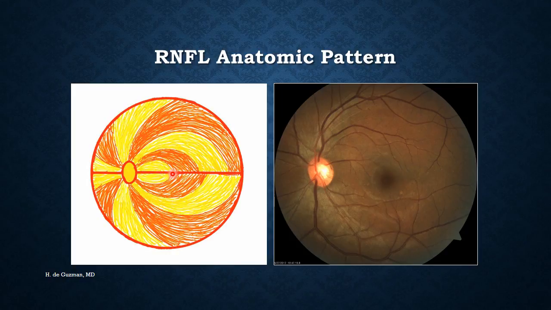This is the papillomacular bundle, which goes almost in a straight line from the fovea to the optic nerve head. The fibers temporal to the fovea take an arcuate path to the optic nerve head. The fibers that come from nasally tend to have a straighter path. So this diagram is what we need to keep in mind every time we interpret a visual field result.